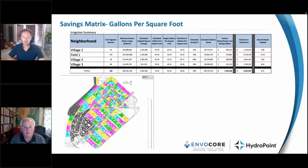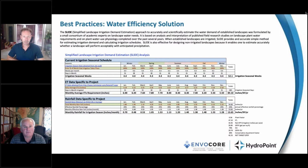How do you go over water billing and analytics? I think there's another slide coming up that we'll talk a little bit more about how you do that. Yeah, and again, it's really important with regards to the billing analytics, but specifically what you mentioned before in the previous slide was, how do you come up with that gallons per square foot? What is the science behind it? Luckily for me, I didn't come up with the science. There's a lot of other folks that have been analyzing irrigation water demand for many, many years. We just have adopted it, and the particular element that we use is the SLIDE method, the Simplified Landscape Irrigation